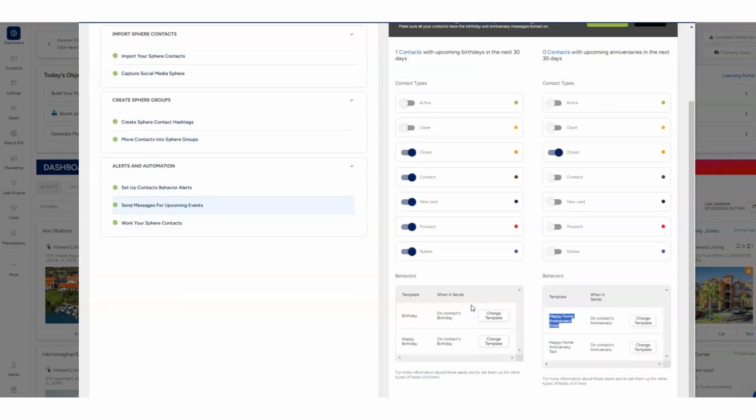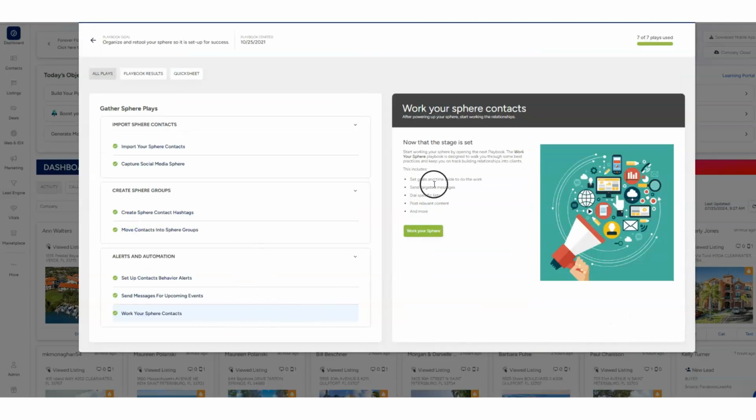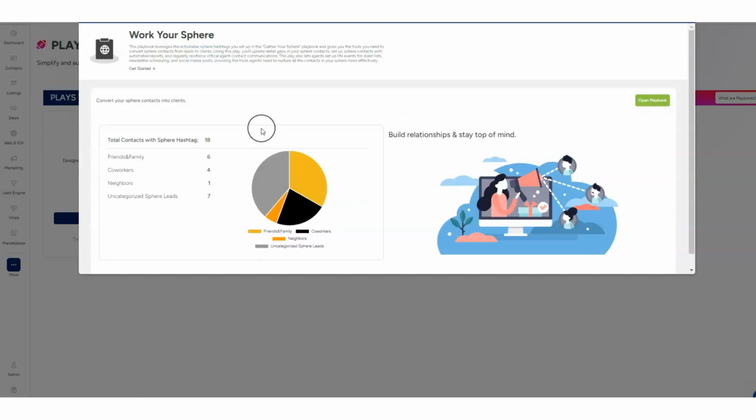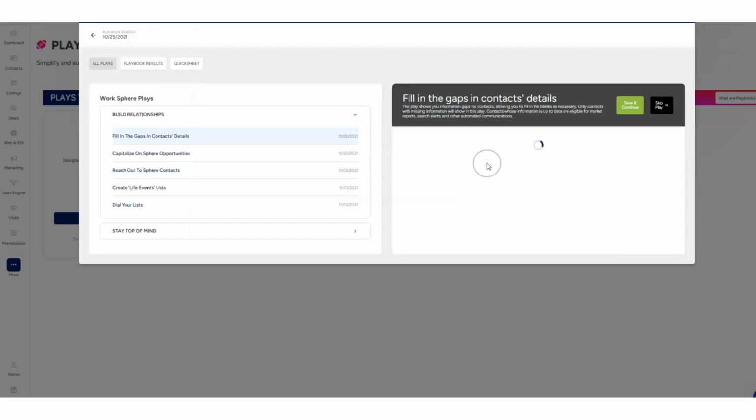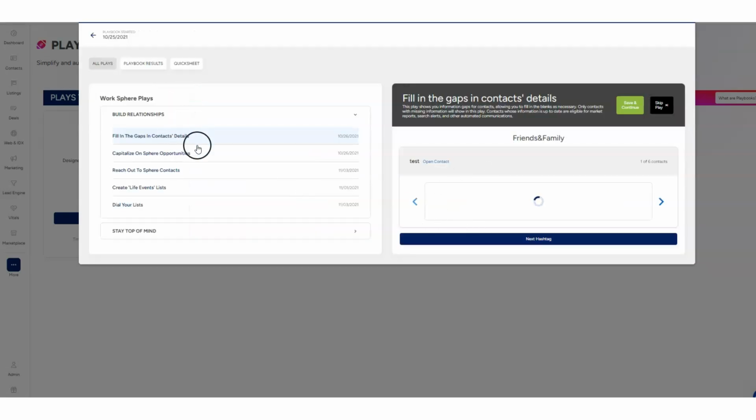Another great way that BoldTrail helps you automate the incubation of your past clients and your sphere. And then next, you'll see Work Your Sphere contacts. So you can go ahead and click Work Your Sphere, and this will transition you into that second playbook called Work Your Sphere. So we'll go ahead and we'll click Open Playbook, and you'll see here that Work Your Sphere